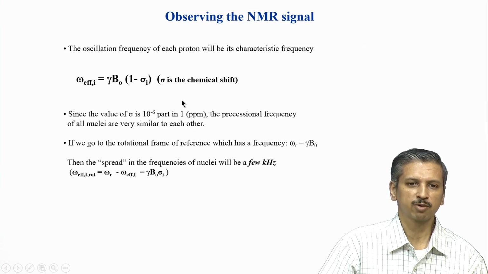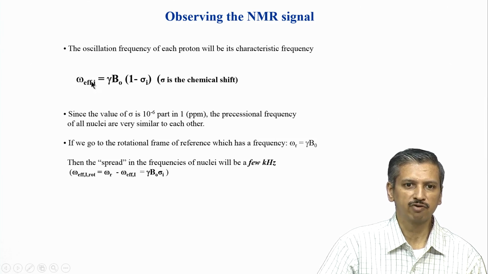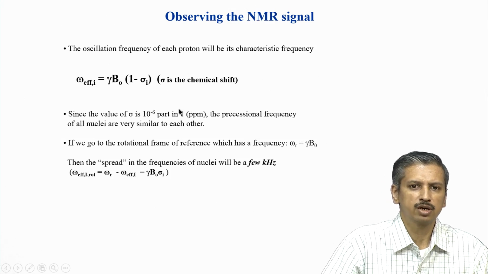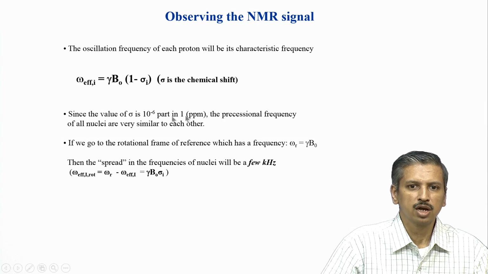So, this is essentially the concept of chemical shift, that chemical shift is reducing the effect of the total magnetic field on the nucleus, and therefore, that results in a change in this angular frequency, and each nucleus, that is I, will have different angular frequencies depending on the value of sigma I, and that is basically a very small value. This sigma I corresponds to roughly 10 to the power minus 6, and therefore, it is a very small number. So, it is just in the ppm scale. So, you can see it is not that it is changing the magnetic field by a lot, it is actually changing by a very small amount, and that is where the word ppm comes into the picture.